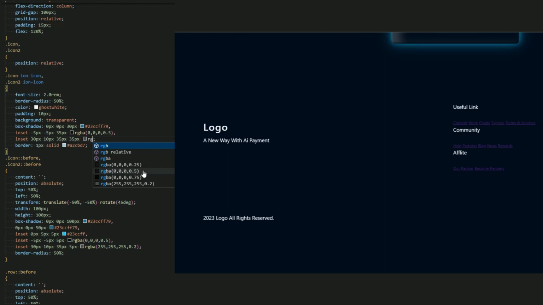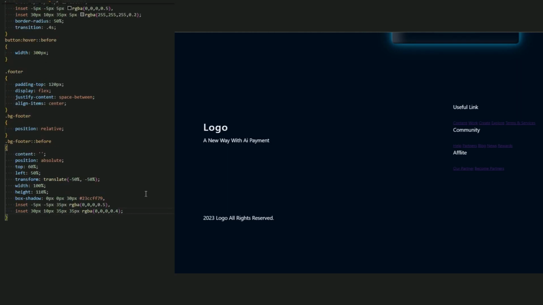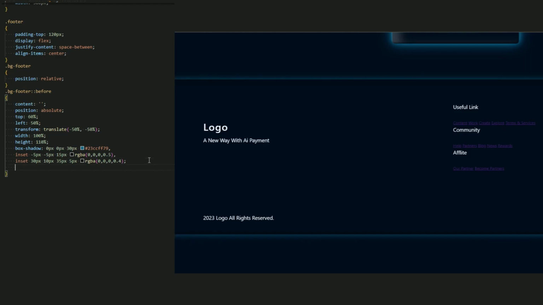RGB 4 instead of 5. Yes, I didn't change. I'm sorry guys. Okay, and here we go. Let me add this box shadow. Yeah, let me just change this to 15 pixel and this be 5 pixel. And let me add the z-index -2.